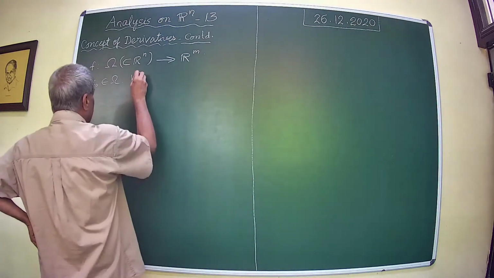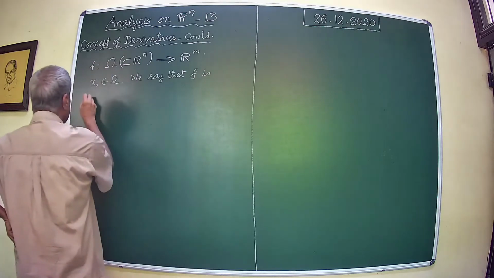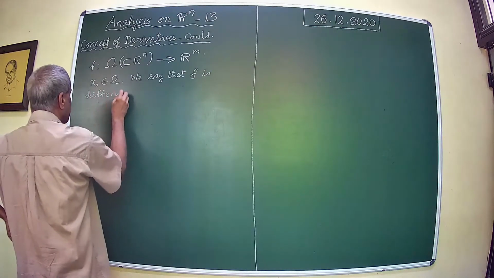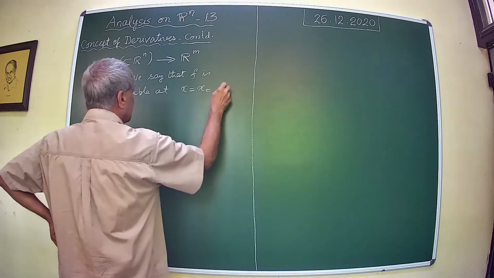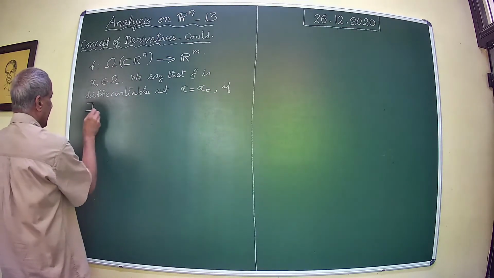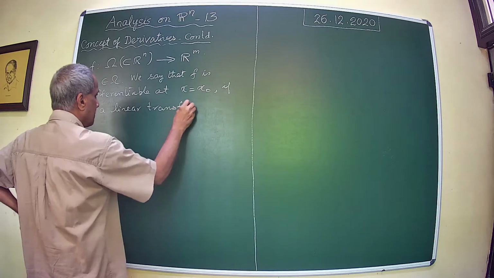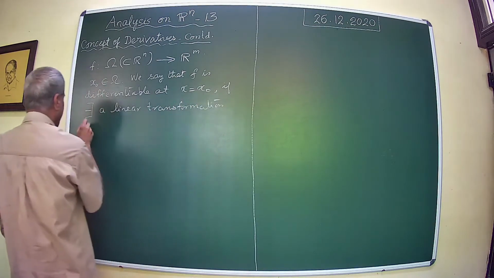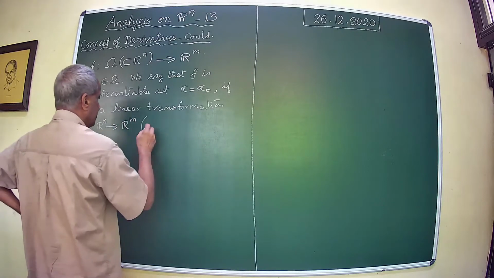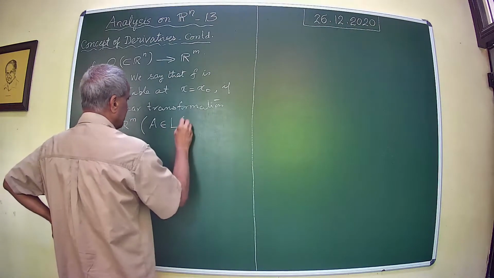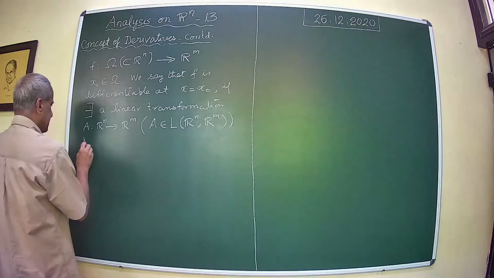We said that f is differentiable at x equal to x0 if there exists a linear transformation A such that